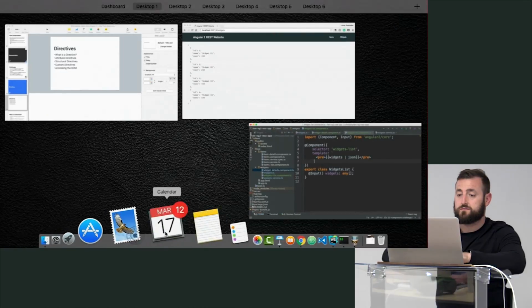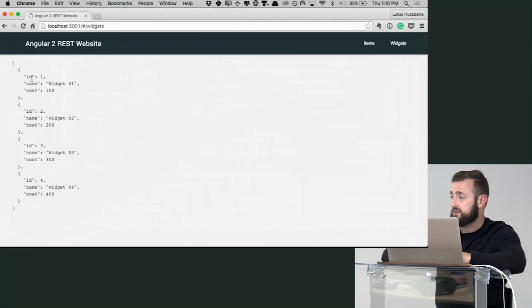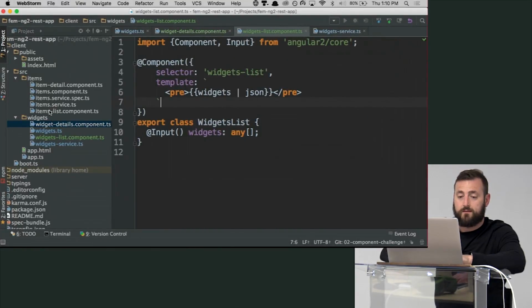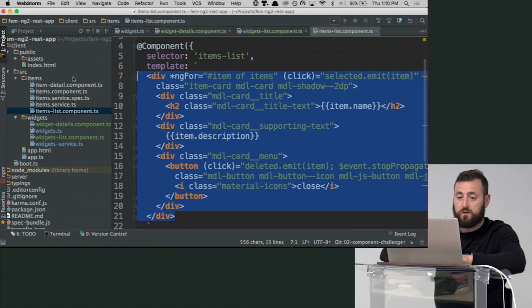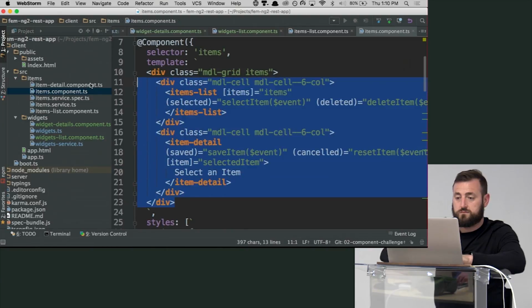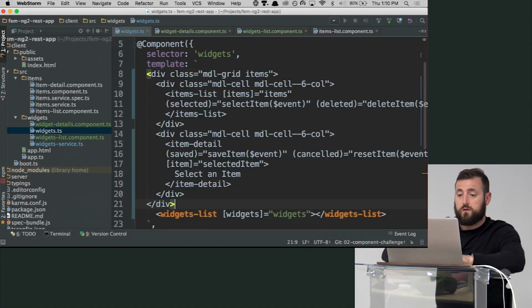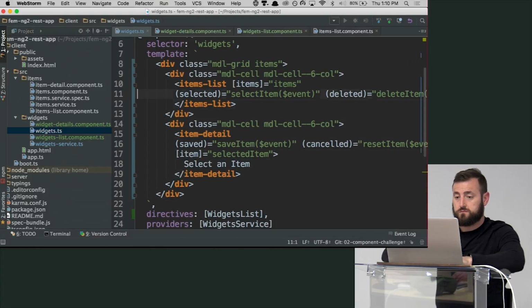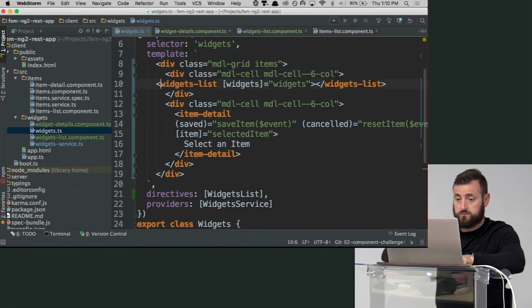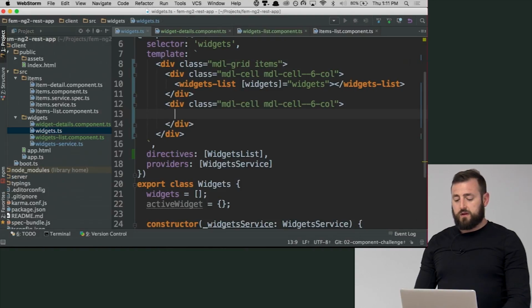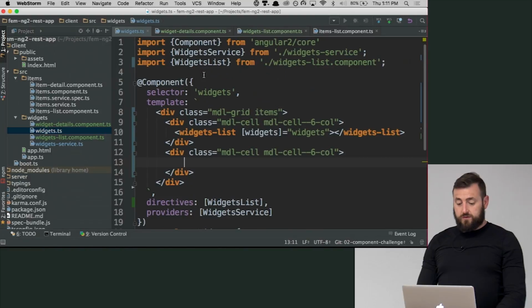Now what we need to do, the trick is, we need to get this into a selectable state, then broadcast it so we can show it in the item details. So for the sake of time, I'm just going to hop over here and let's copy some stuff real quick. We're going to go here. And we'll fill this in just a moment. Actually, I'll go ahead and